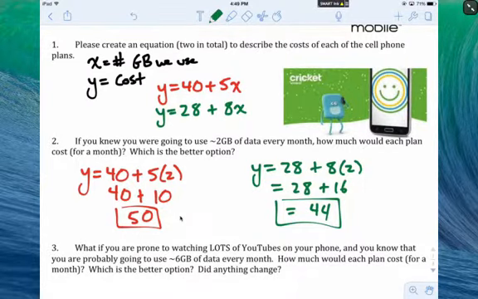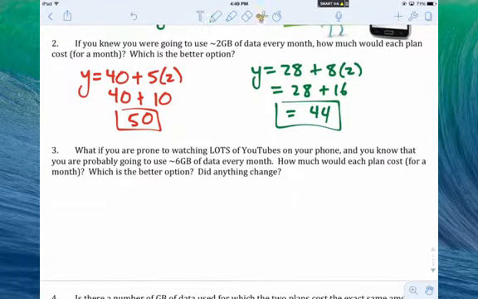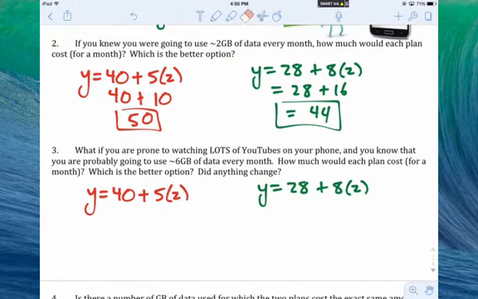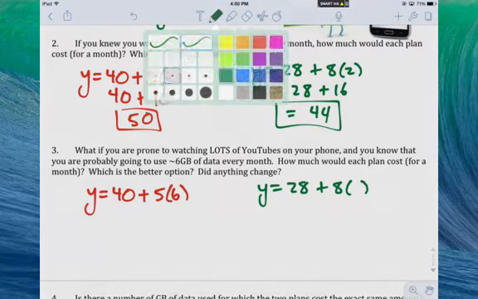Okay. Now, let's see what happens if we now go from using just a little bit of data every month to a lot of data. So what if you are prone to watching lots of YouTube on your phone, and you know that you're probably going to use around 6 gigabytes of data every month? Now, does that change things? Are we going to want to change our cell phone provider? Well, the only difference is that for both Boost Mobile and for Cricket Wireless, we're now going to evaluate how much it's going to cost for 6